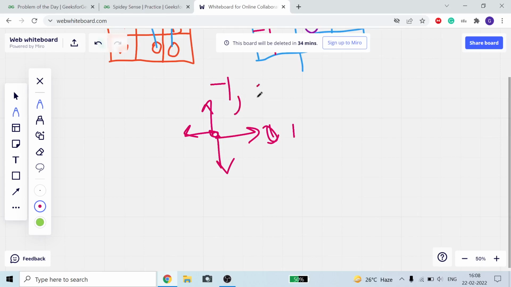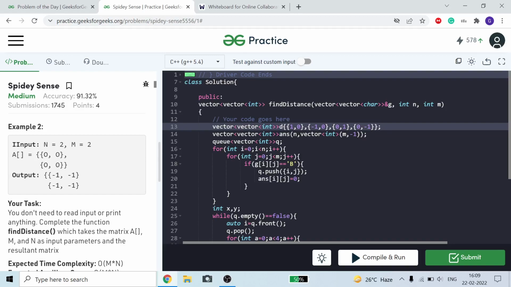Okay, and j is equal to 0. Same means the change, this is the change: how much our index will change here. Our row number will remain the same, but our index will decrease by minus 1. Here our row number increases, so it is equal to 1, and the other is equal to 0. So these are the four directions in which we need to iterate: 1 0, minus 1 0, 0 1, and 0 comma minus 1, which are up, down, left and right, the four directions in which we have to move.